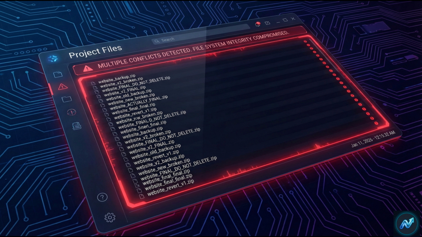So you save it as website backup.zip. Then you make more changes. Now you create website v2.zip. Then website v2 backup.zip. Then website v3 final.zip. Then website final do not delete.zip. Now your folder has 17 copies of the same project, and you have no idea which one is actually the current version. You're wasting hard drive space, you're confused, and if you delete the wrong file, you might lose weeks